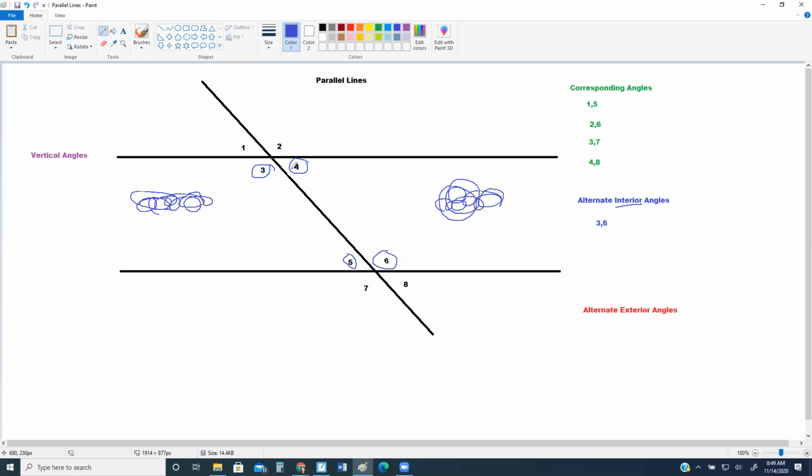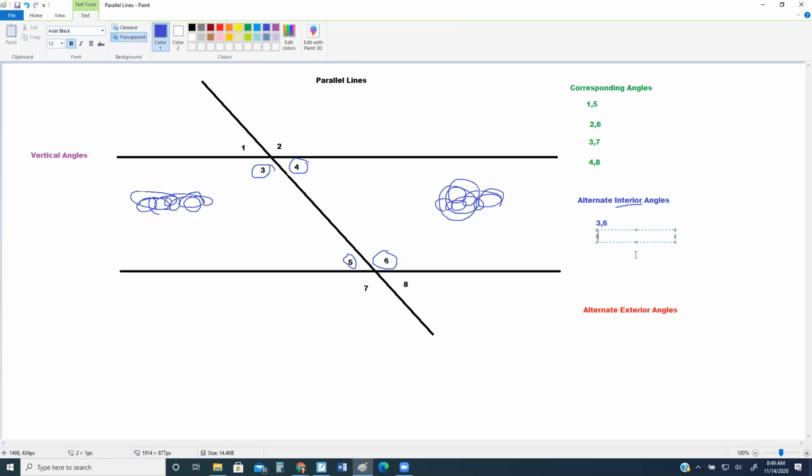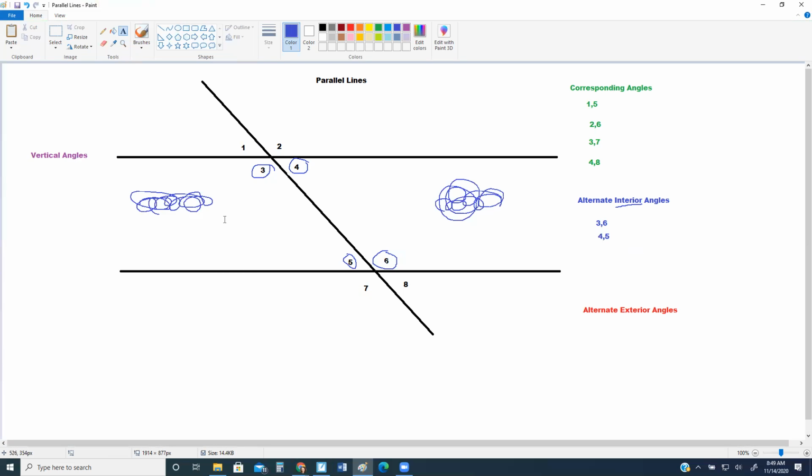We know that 1 and 4 are congruent. We know that 1 and 5 are congruent. So 4 and 5 have to be congruent. There, got that one out. So I need the other set of alternate interior angles, and that's 4 and 5. So I'm going to erase my blues so that we can go on to